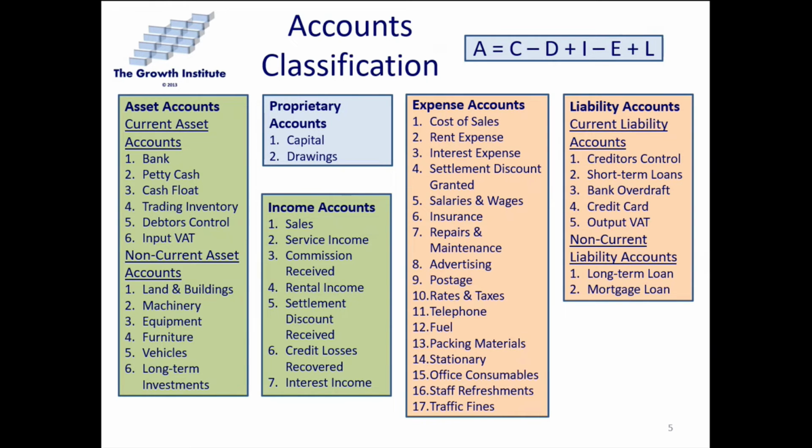Now, these expense accounts, for some companies, depending on how they classify it, can be 100 different accounts. But in our case, we're looking at 17 accounts. Cost of sales. Obviously, we first have to buy the inventory before we can sell it. Rent expense, interest expense. If we grant somebody a settlement discount, salaries and wages that we have to pay, insurance that we have to pay, repairs and maintenance, advertising, postage, rates and taxes, telephone, fuel, all of those things that are due on a monthly basis, packing material, stationery, office consumables, staff refreshments, traffic fines,